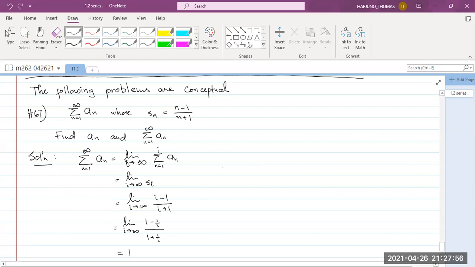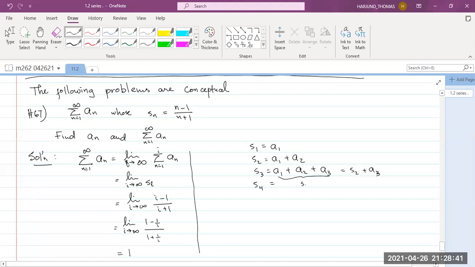The first question requires some understanding. Let's take a look at S1. So this is something else, okay? Something else before I go back. Notice that S1, the first partial sum, is basically the same as the first term. S2 equals a sub 1 plus a sub 2. S3 equals a sub 1 plus a sub 2 plus a sub 3, which I can say is equal to S2 plus a3. I'm sorry, a3, not a2. Okay, S sub 4 will be the sum up to the third term plus the fourth term, right? Such that you see in general,